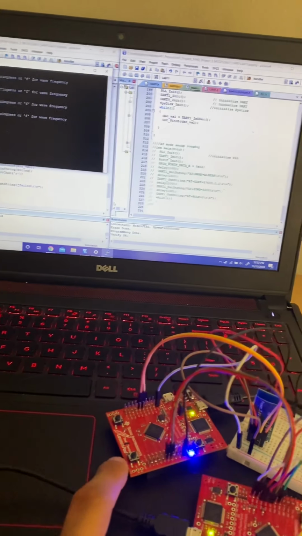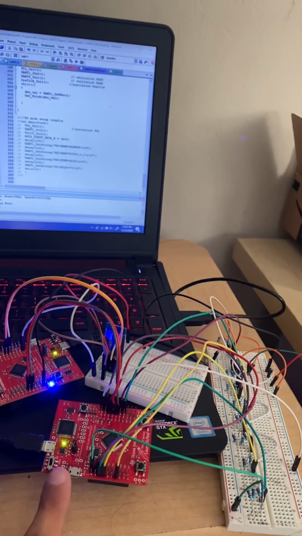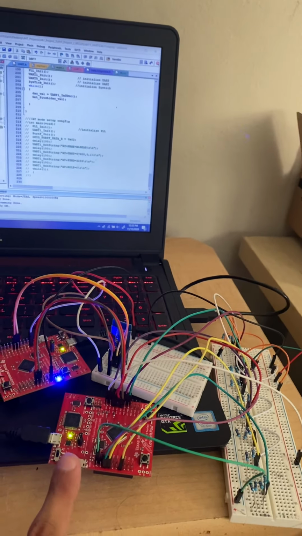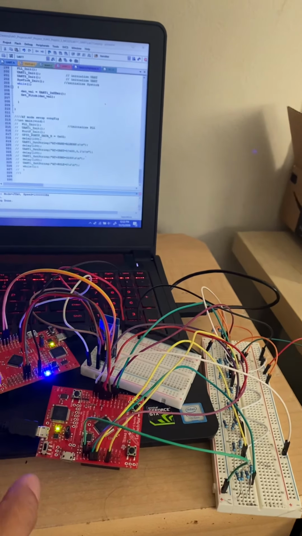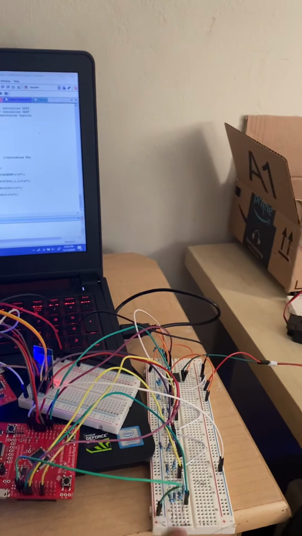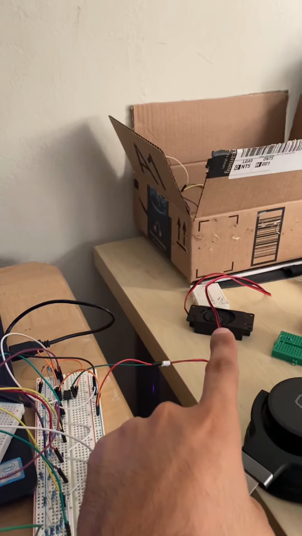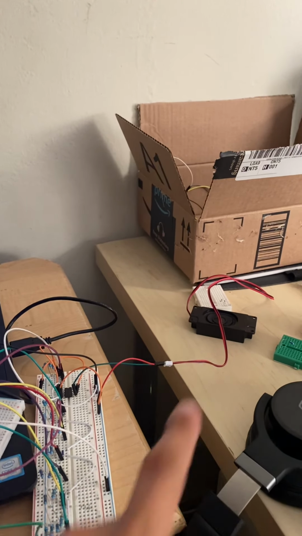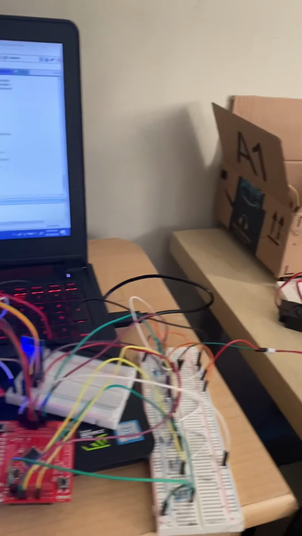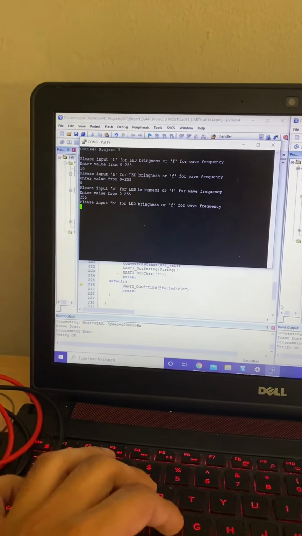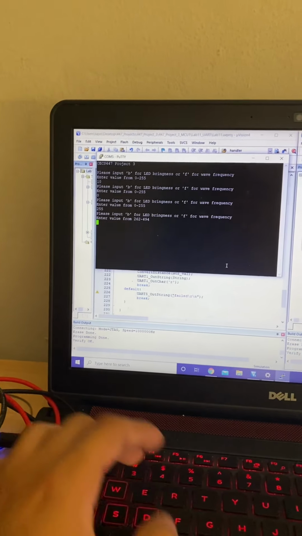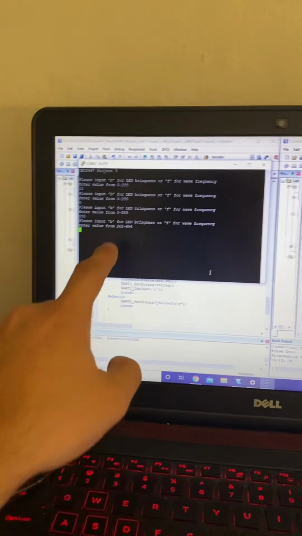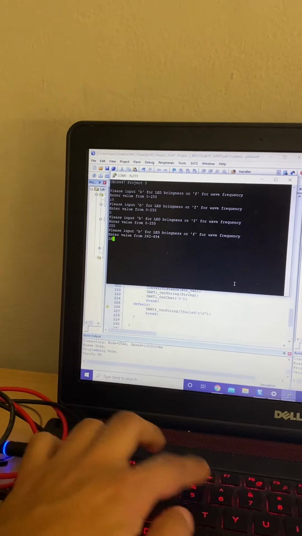And then for the second part, we're going to change the frequency. We're going to send the frequency for the DAC data into this board from the first one, and then pass it on through this DAC here, and onto that speaker over there, which should change the pitch of the speaker. So if we hit F, you will see that it'll ask us for a value between 262 and 494. So if we go to 262,